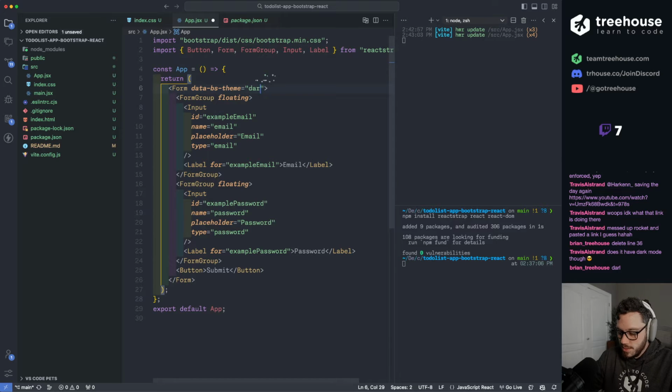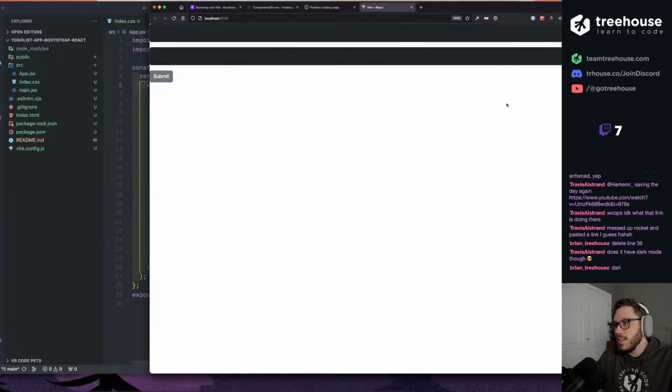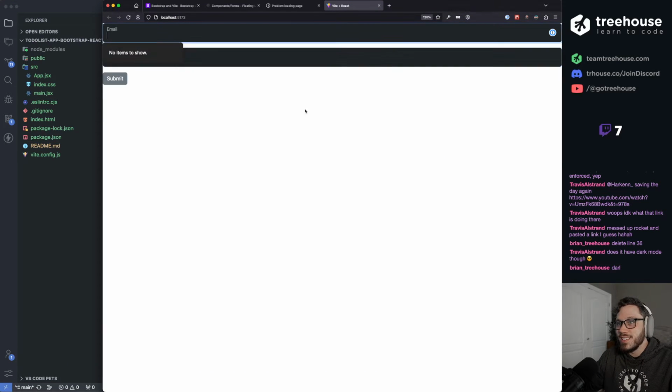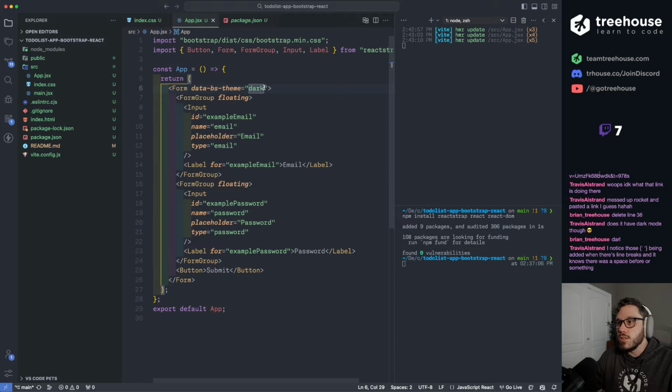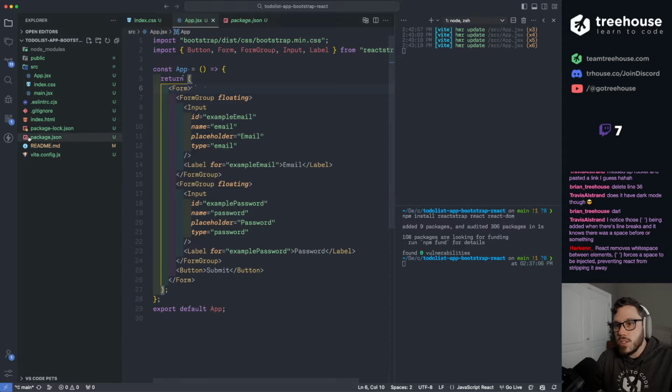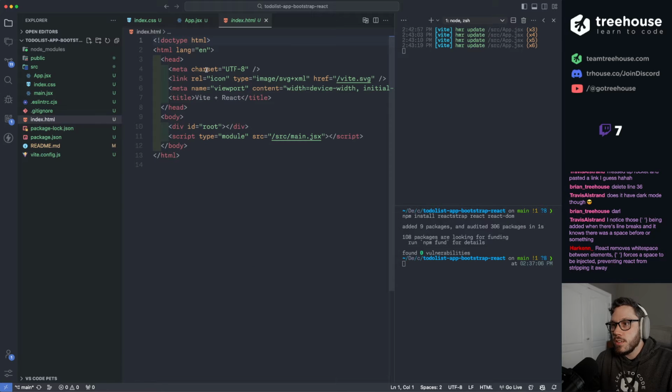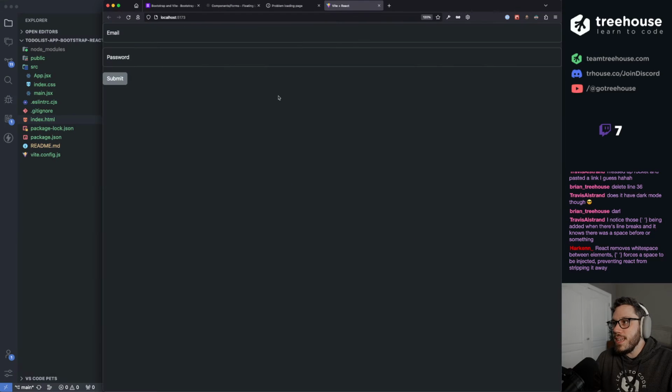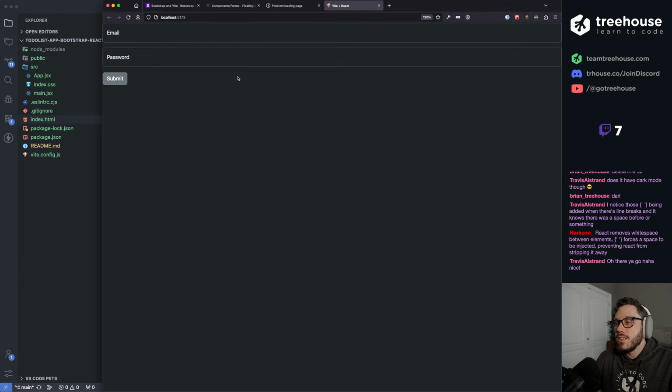Dark. I swear. Okay, it does not look very good though. Oh, this is because it's on the component. So let me actually take this off, and we can go ahead and pop this directly in the HTML page. Where's our HTML page? There it is. Do it on the HTML. Sweet! It's almost like we're writing vanilla JavaScript in HTML again.